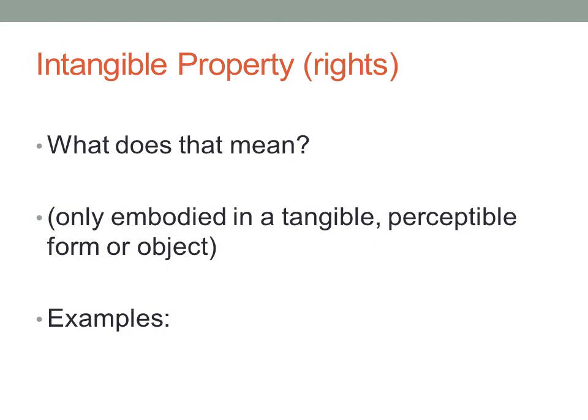Like I said, it might be embodied in something that's tangible or some perceptible form or object. Example, a trademark. A trademark may be a word or a symbol on a label, but the intellectual property protects that intangible itself, not the tangible form or object in which it's recorded or expressed, okay? A musical composition is protected, not the CD it was recorded on. If it's confidential information itself that is protected, it's not the server on which it is stored, like a trade secret, right?